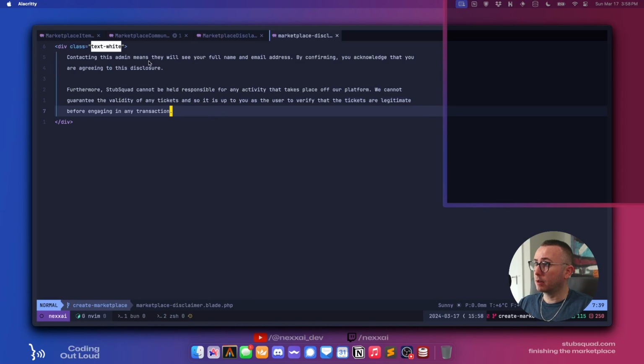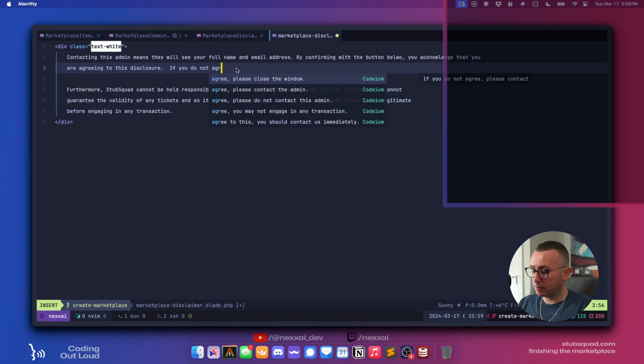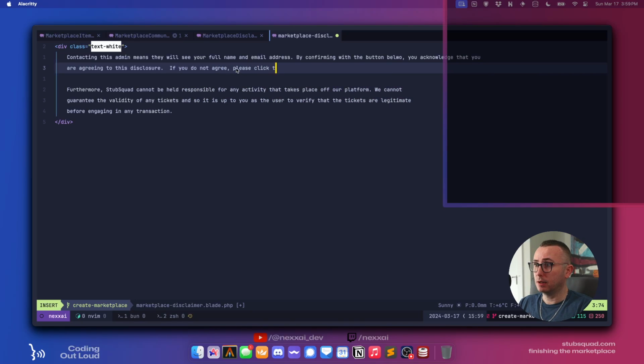Okay, contacting this admin means they will see your full name and email address. By confirming with the button below, you acknowledge that you're agreeing to this disclosure. If you do not agree, please click the cancel button.